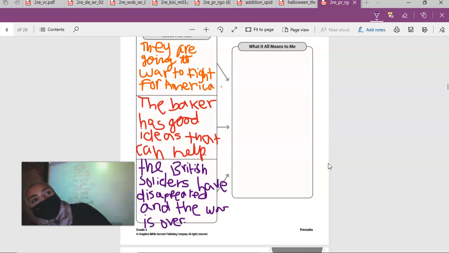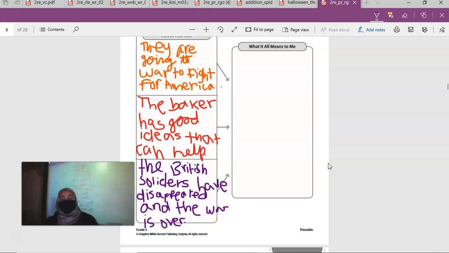Good. The baker helped, he didn't help the British. Well, he did. He kind of helped both. Who can help me put this together? What happened? What's the story about? Who can tell me? Leia? Very good. How the baker helped General Washington win the war against the British, right? How did he do that? By baking yummy bread or food, right? Just baking yummy pastries or food. So that's what you're going to write there.